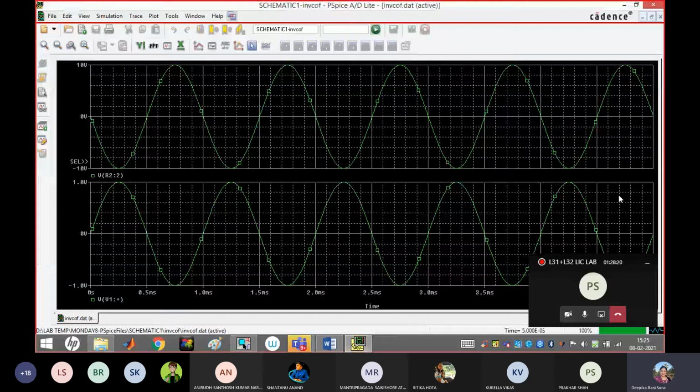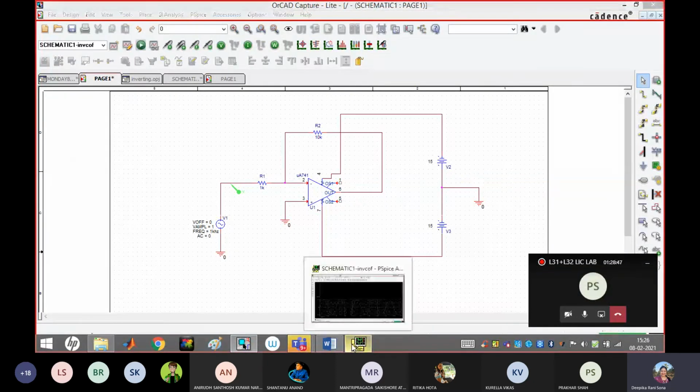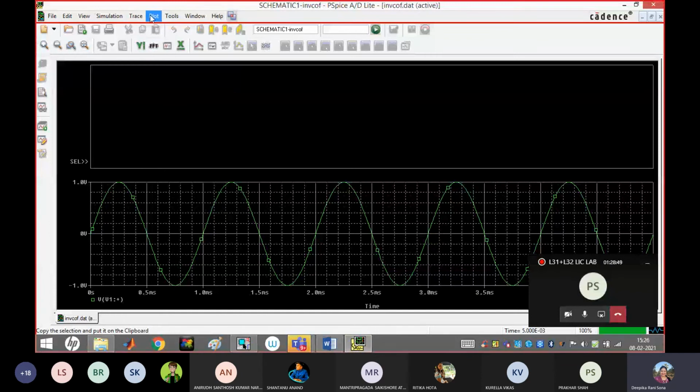See, in that way you can show your voltage follower. All graphs should be shown in that way only. Guys, whether you got it or not, the simple thing you have to do: delete the output probe. Go to your simulation window.